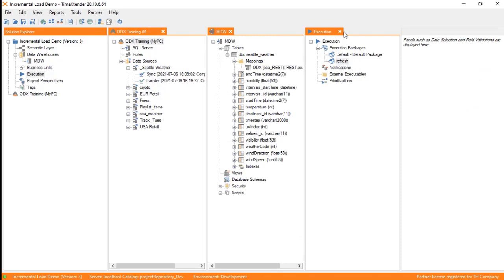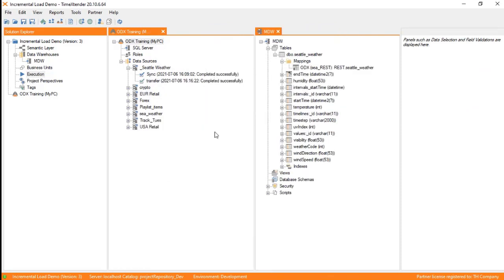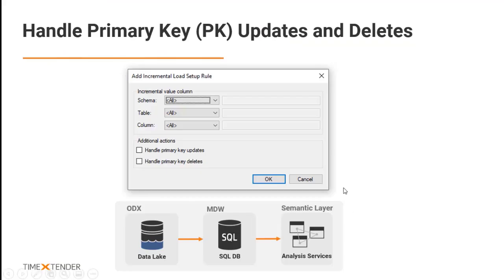So let's close this. We'll be able to see this running perhaps, but before we do that, let's take a look. So I told you to take this mental picture. The idea here is, again, when I'm setting up incremental load on the ODX, I need to choose whether either of these 2